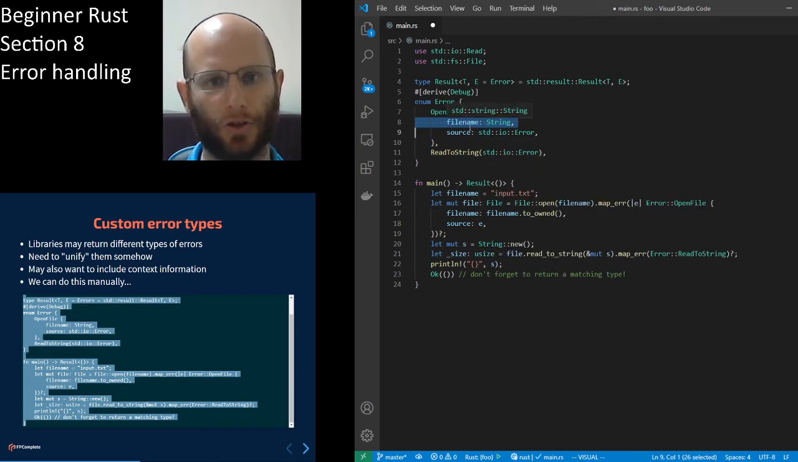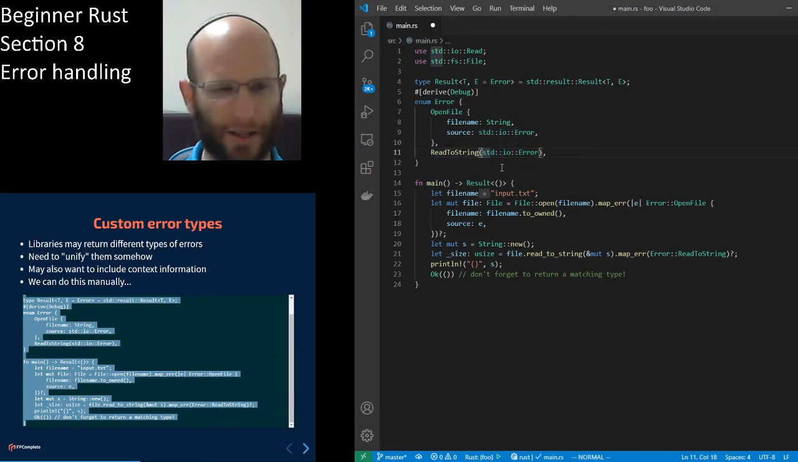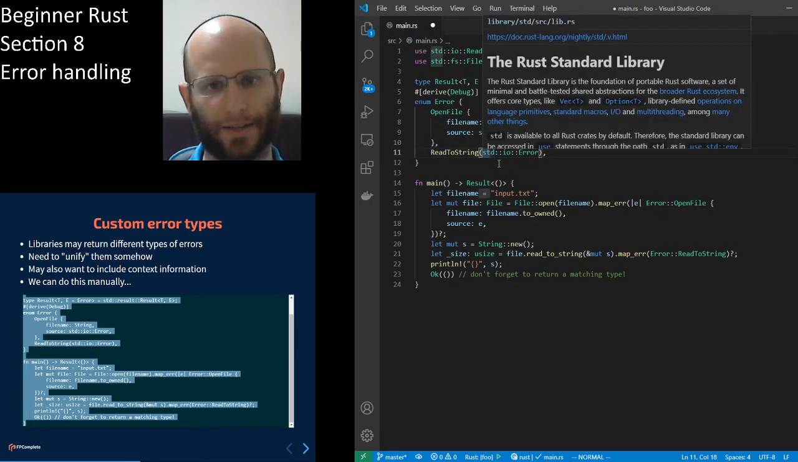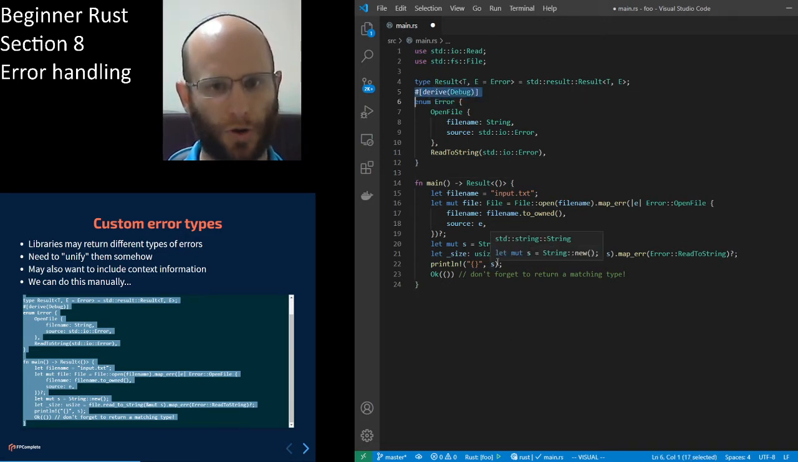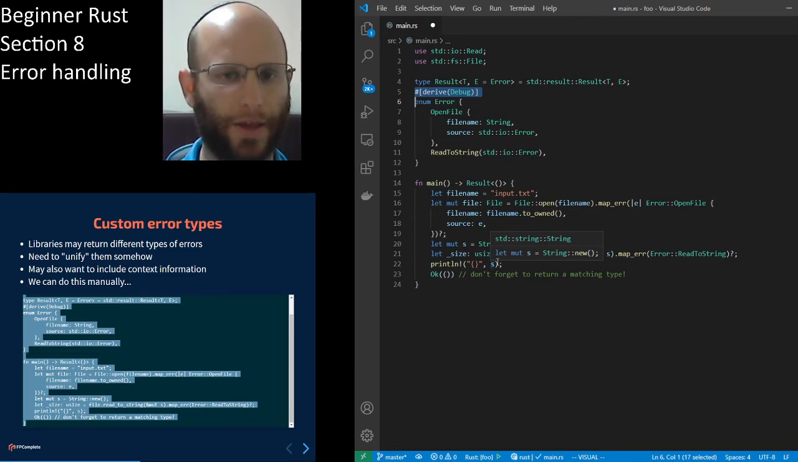So I've gone ahead and I've included both that and the source, the original error message, error value, as fields for that enum variant. For read to string, we don't actually need that. Theoretically, you could include the file name here as well, but I didn't in this case. We derive debug, since anytime you want to return a result from main, the error case has to have a